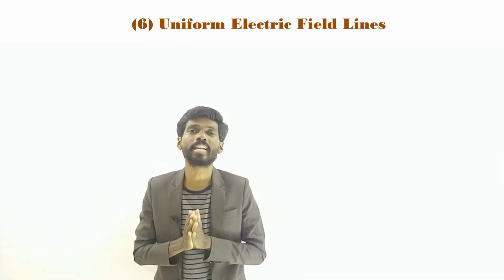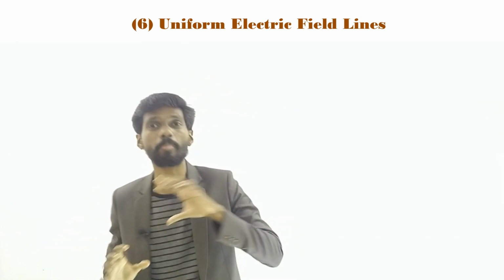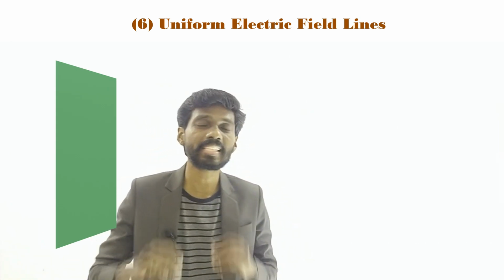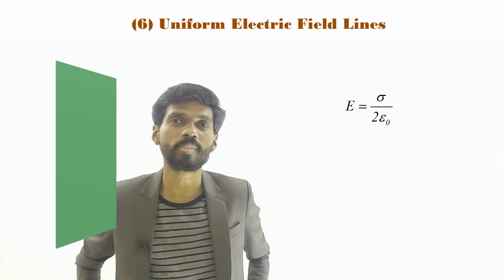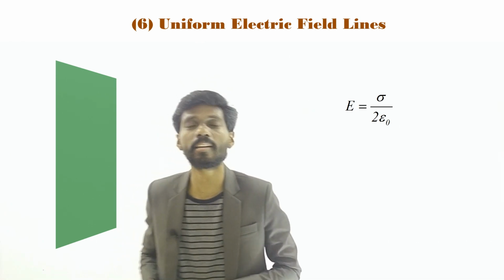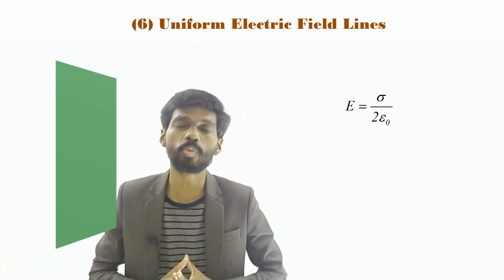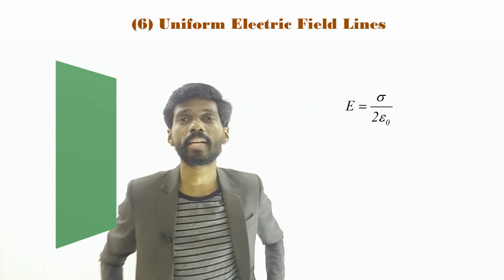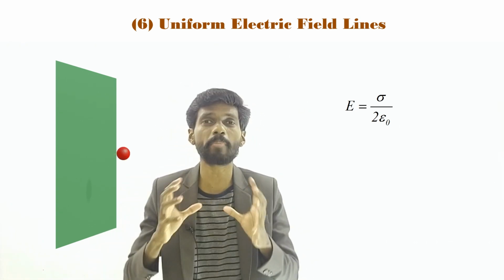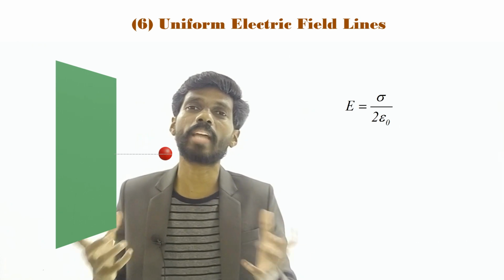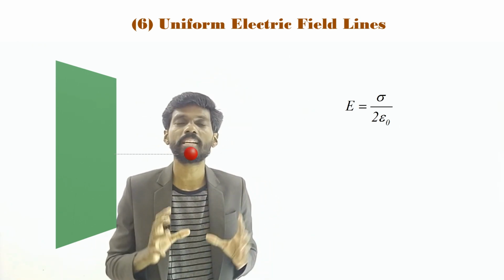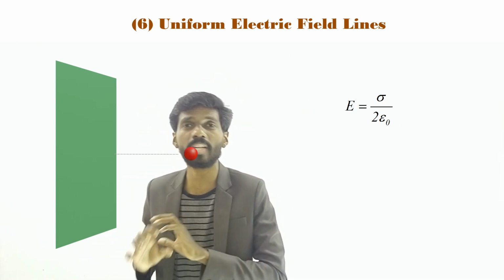See, we have found the electric field due to an infinitely large plane. So what is the formula? That is sigma divided by 2 epsilon 0. Sigma is a constant, so that is the charge density of the plane, so that is constant. So sigma divided by 2 epsilon 0, that does not depend on the distance, right? So it is independent of x, the distance. So that means at any point in space, the value remains same